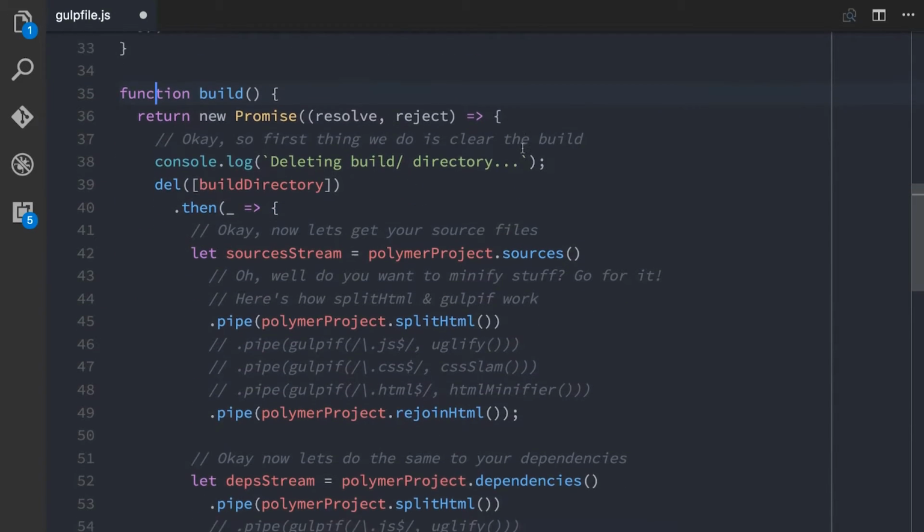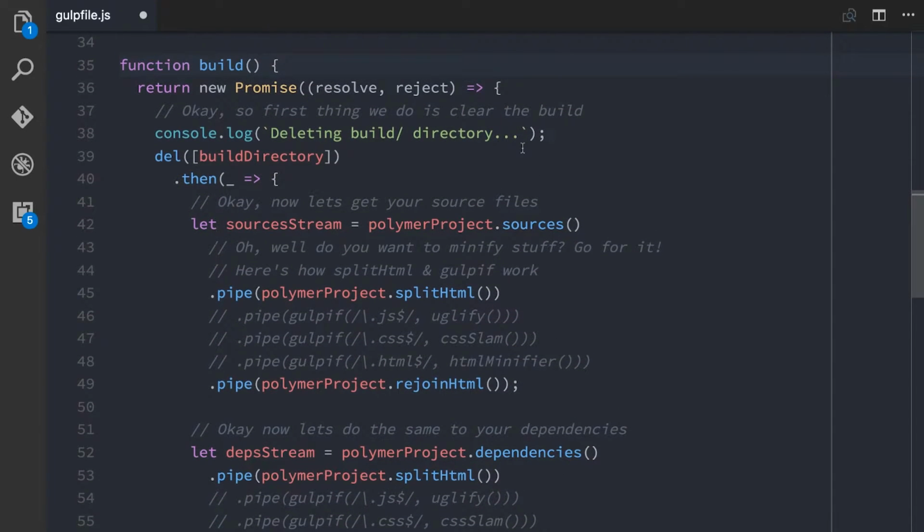And then inside of the build function itself, we're going to kick off Polymer build. Now, the Polymer build library, if you recall from our episode on writing your own generator using the Polymer build library and the custom generator init function, takes all of your HTML imports. It looks at the CSS in them, it looks at the JS in them, it looks at the HTML, and it extracts each of those into its own file stream. And you can run transformations on those streams. So if you want to do CSS minification or JavaScript uglifying or something like that, you can after it has split apart those streams. And then once you've done those transforms, it rejoins everything for you.